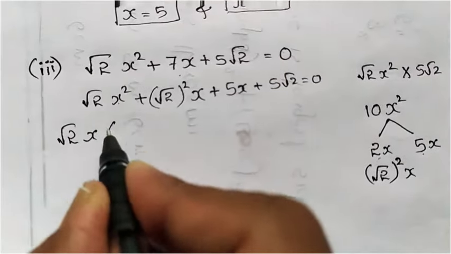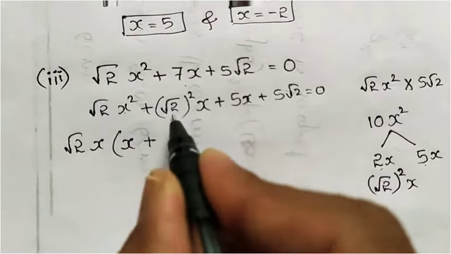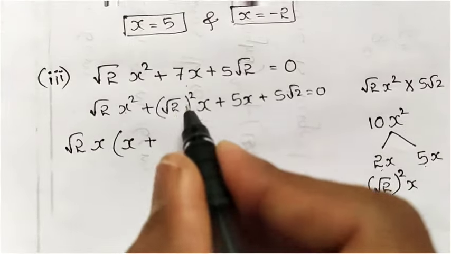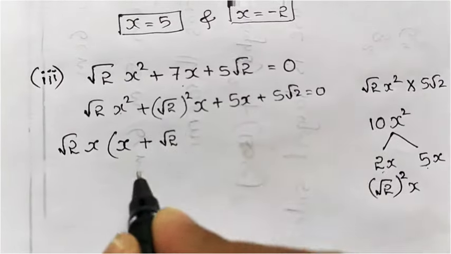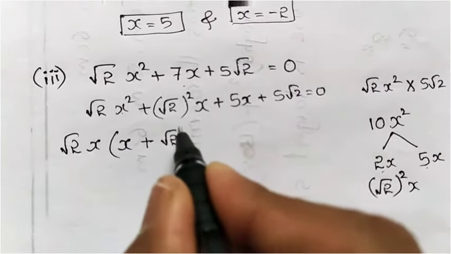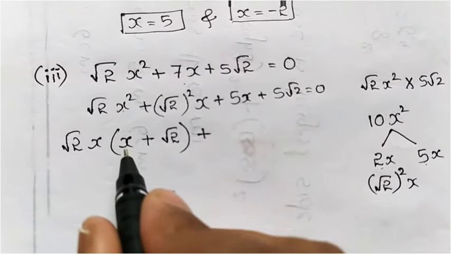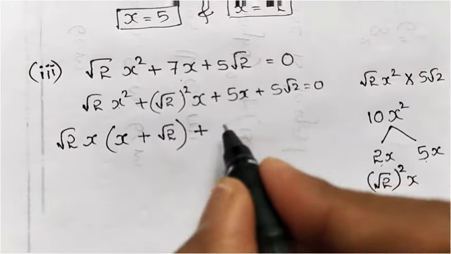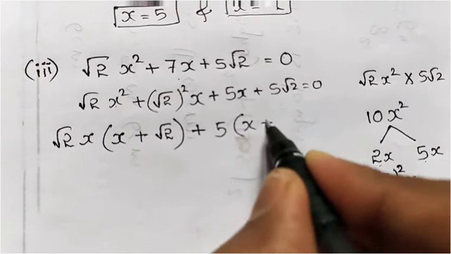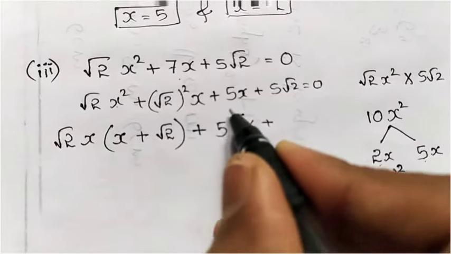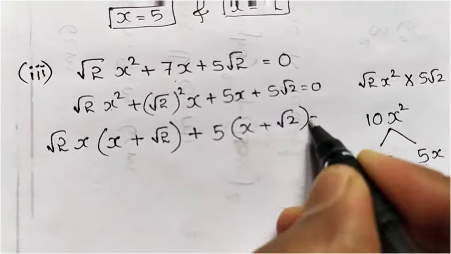So take x common. So what is left? Here only x is left, plus root 2 whole square. Out of root 2 whole square, I took one root outside, so remaining is another one root inside. Okay, x already I took out, plus inside the bracket I am getting x. It means from 5x I have to take 5 out and keep the x in the bracket, plus here also 5 is there. So already I took 5, so 5 ones are 5. So remaining root 2 equal to 0.